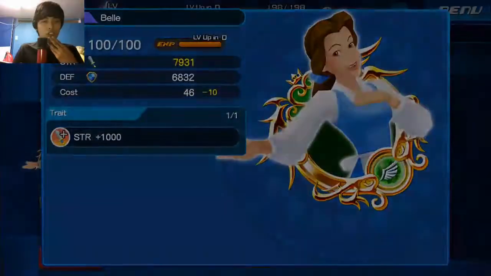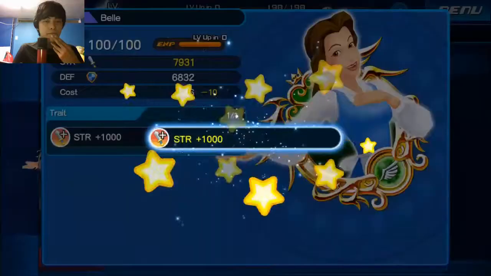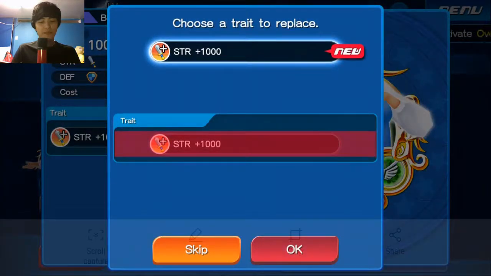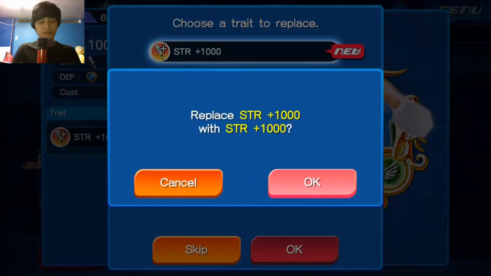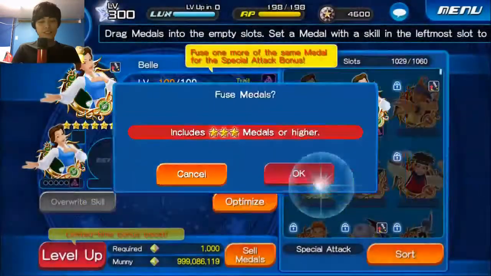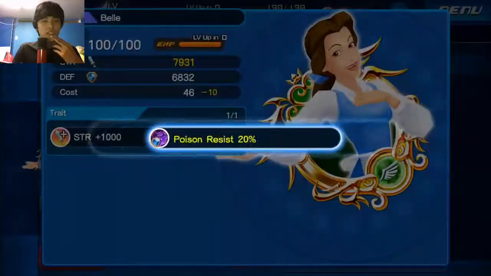And for our trait roll, we roll into strength plus 1,000 again. Alright, let's go ahead and just accept it. Get it out of the way. Alright, we got 2 more rolls, and the third one's going to be guilt. So let's go ahead and pass this. And our trait roll is going to be